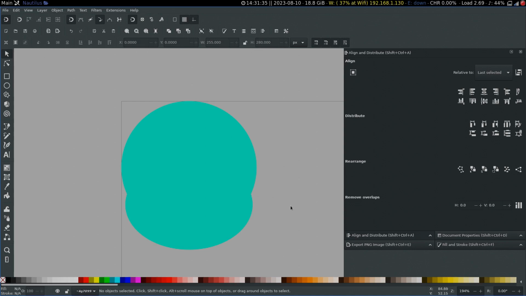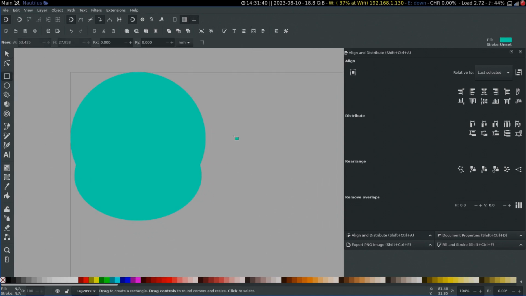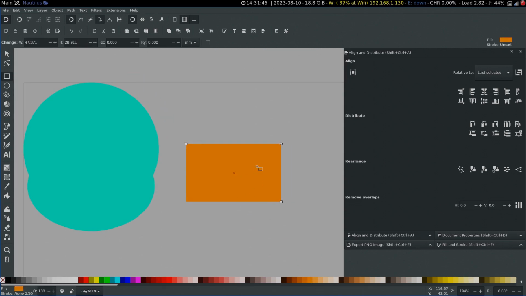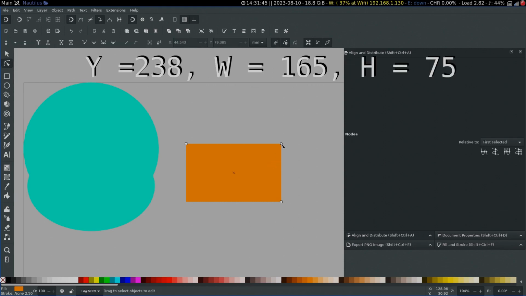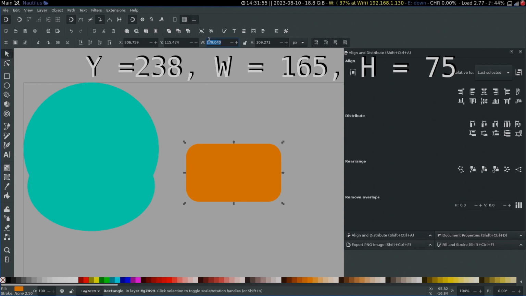Let's create the top jaw. To do that, let's create a rectangle. Hit R, drag the rectangle out. Let's change the color to something else. Then let's hit N to get the node tool, and then sort of make it rounded by dragging out this top node. Set the width to be 165, the height to be 75,